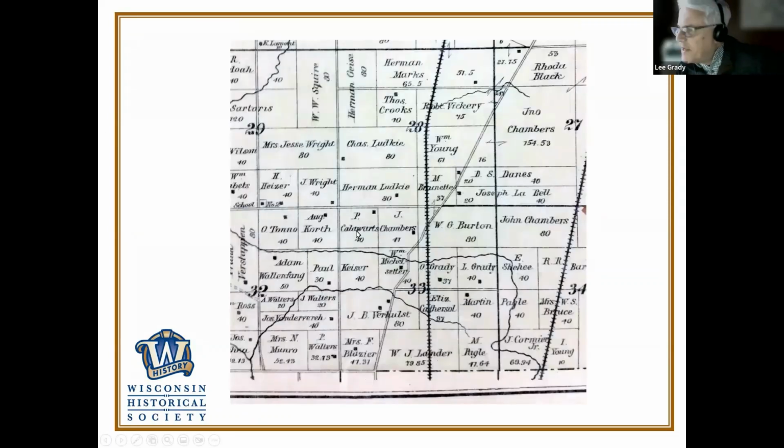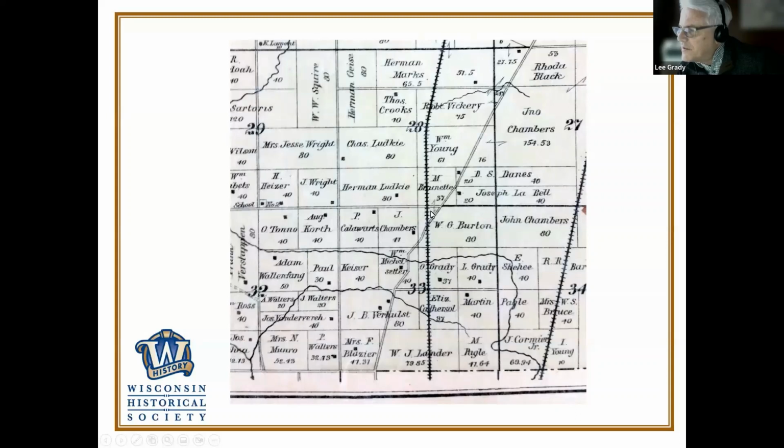If you go forward again and look here, he's in section 33, this square here, you see the number, it's kind of this square 640 acre square here. And he's in section 33 of Township 25 North, Range 20 East. And if you break it down further than that, you can break down any one of these sections into quarters or halves. Typically, that's what they do first. So we'll just say he's in the